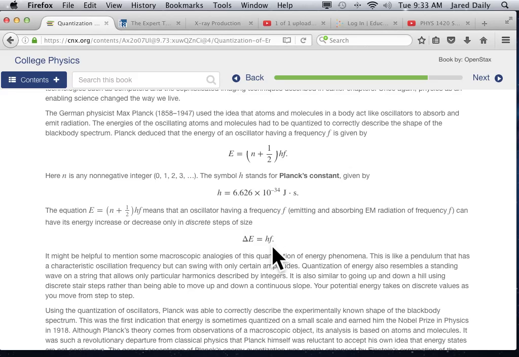Of course, the frequency of the light is a very big number, but not as big as this one is small. So this ends up being a pretty small